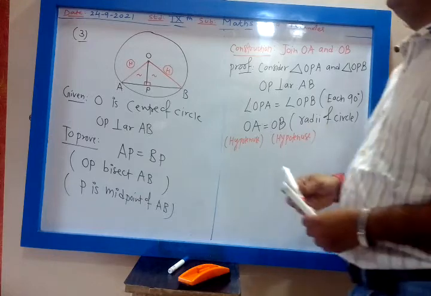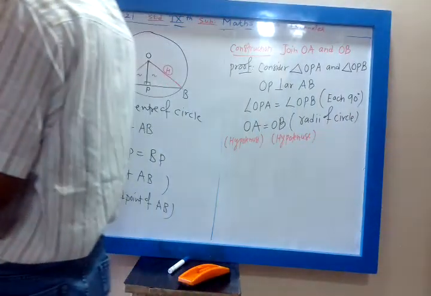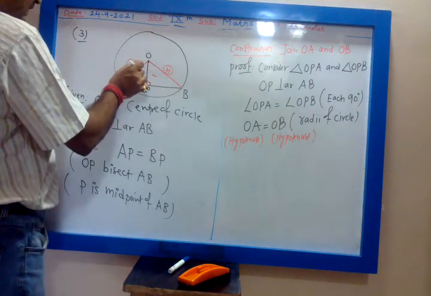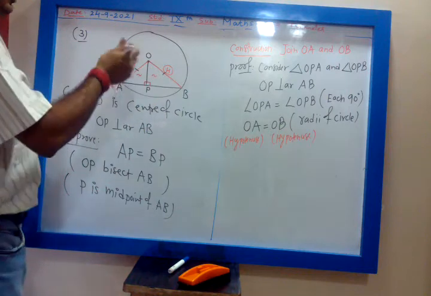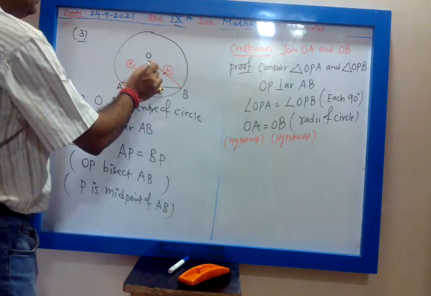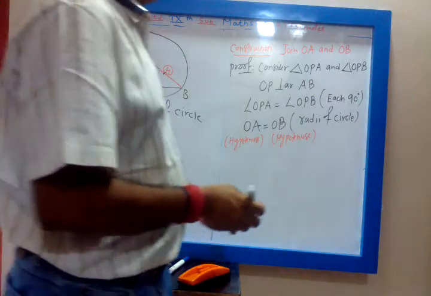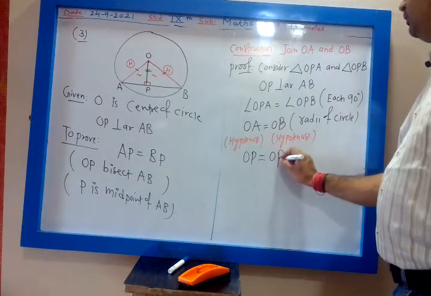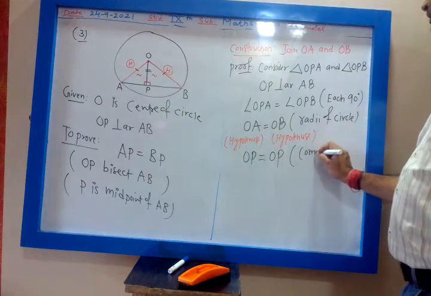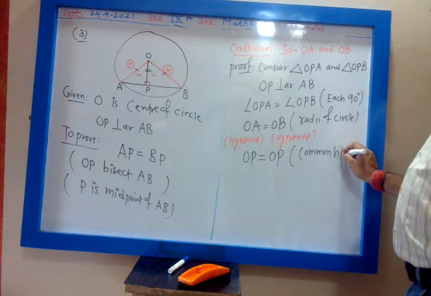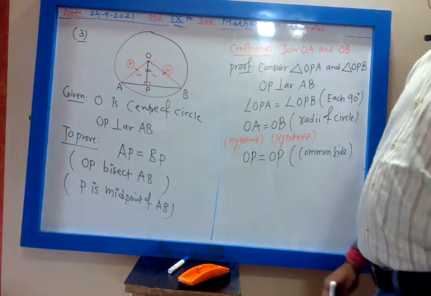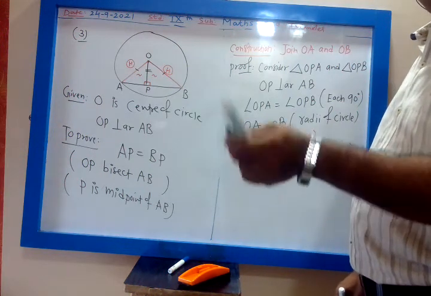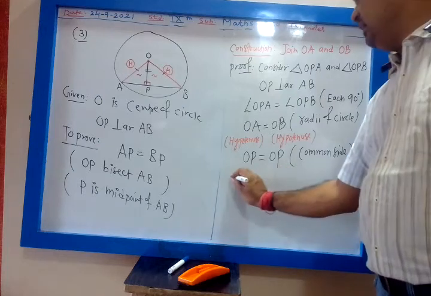So hypotenuses are equal. Now for hypotenuse and one side, the hypotenuses are equal. Now you want one more side. OP is common. OP is equal to OP. That is the common side of both the triangles. So in right angle triangles, one hypotenuse and one side is equal to one hypotenuse and one side of the other triangle. So by RHS condition,